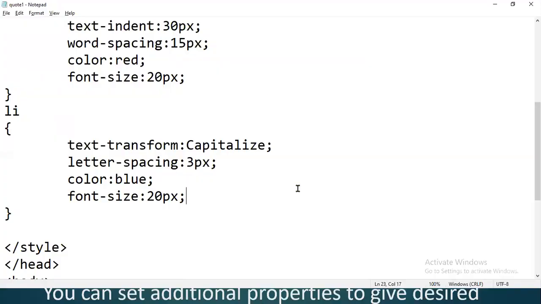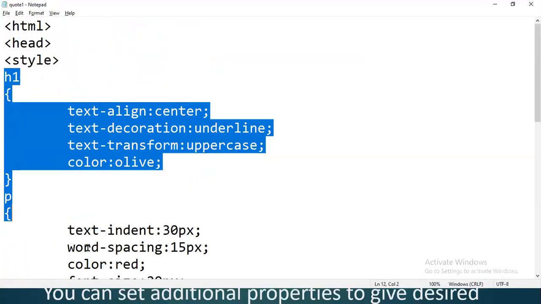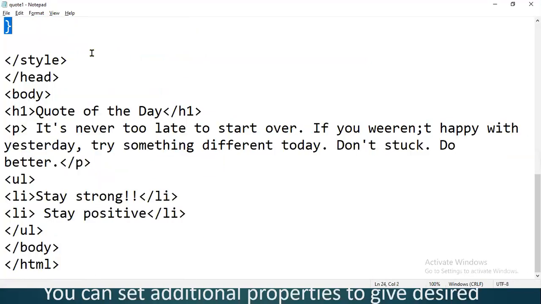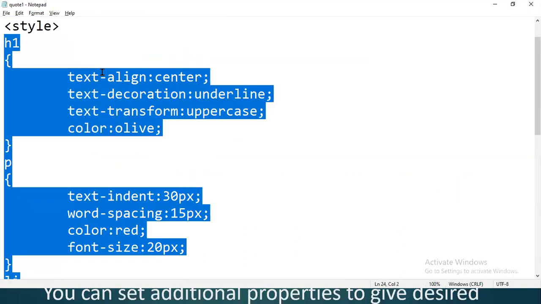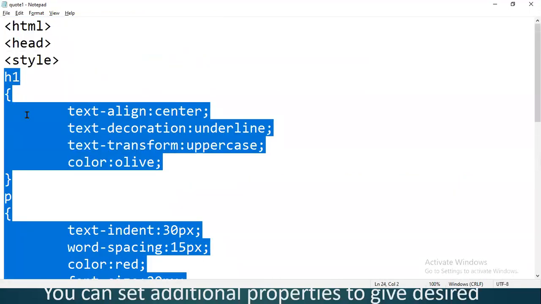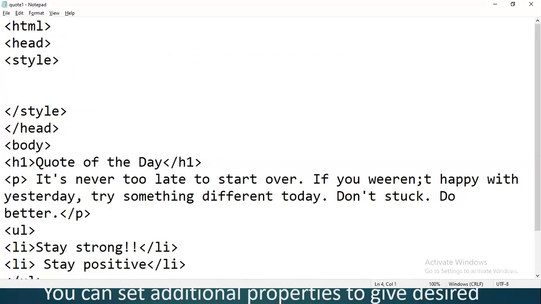Now if you wanted to put all these style parameters in a different style sheet, an external style sheet, how are we going to do this? You will select all the code present in the style tag, cut it from here and save it.